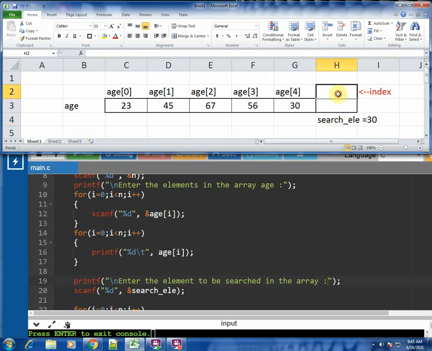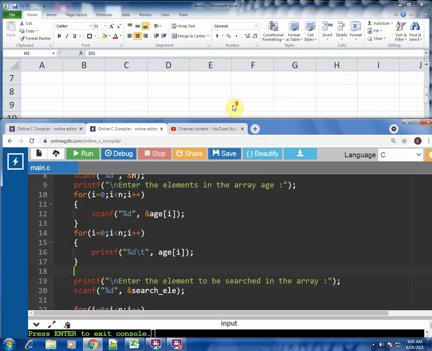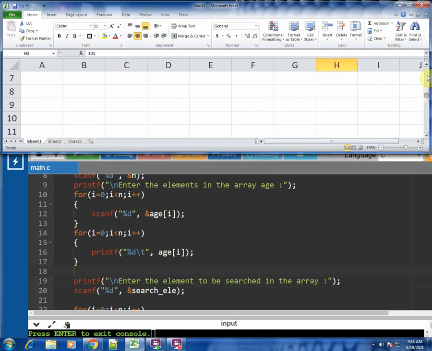How would we add that? This would be termed as the age of 5. So it would be at the index 5, and position 6. Let us say we put a value over here as, say, 101. We want to add a new element, 101. So how would we do that? When you already have an array and you want to add another element at the end, how would we do that? Let us see how we do that in the code.